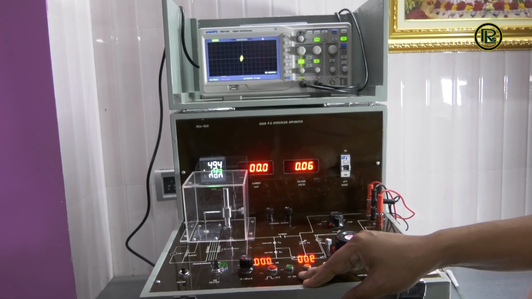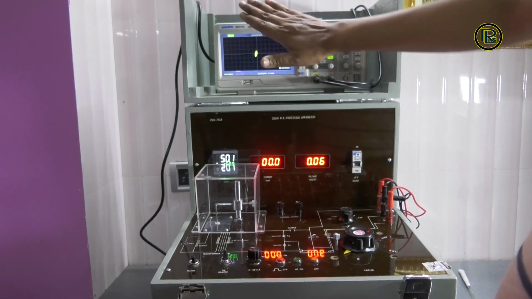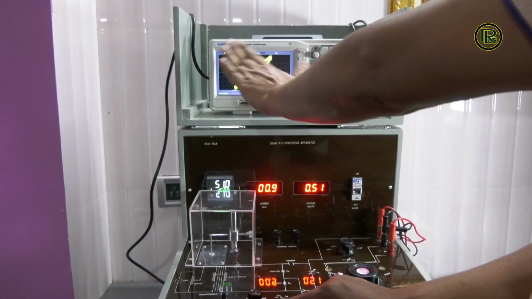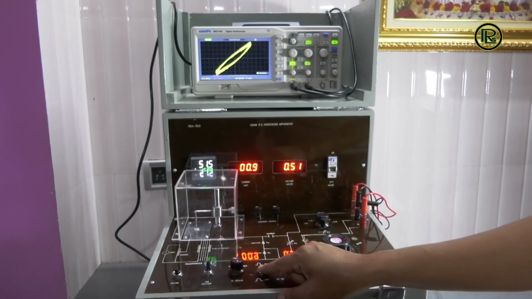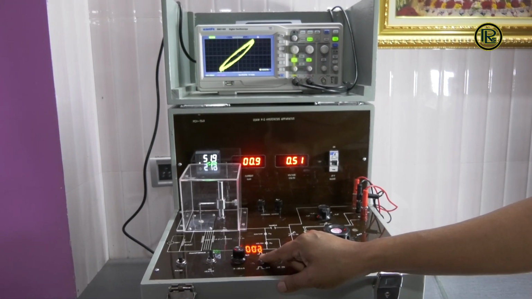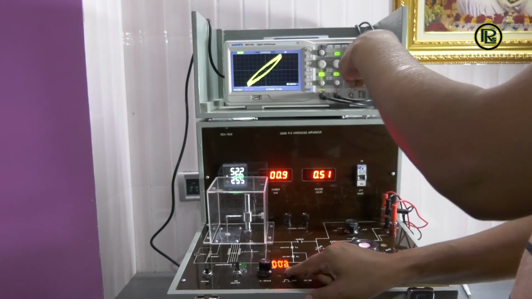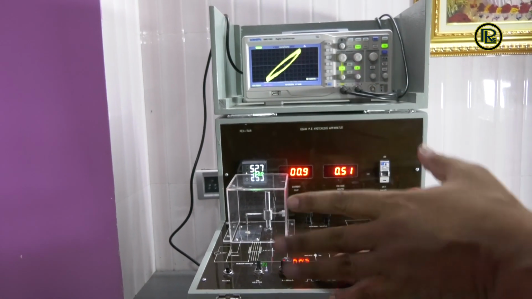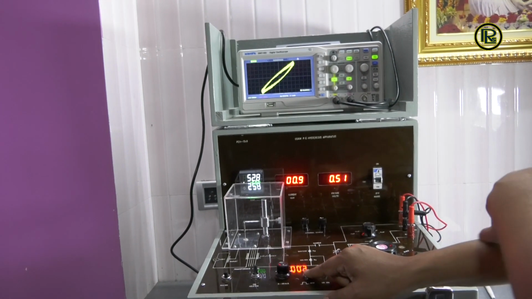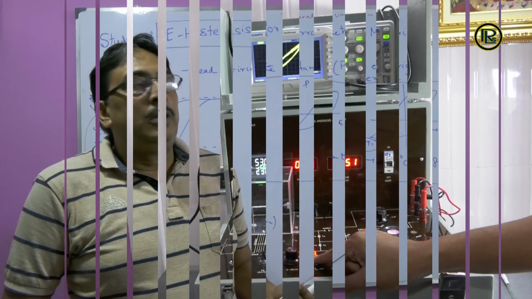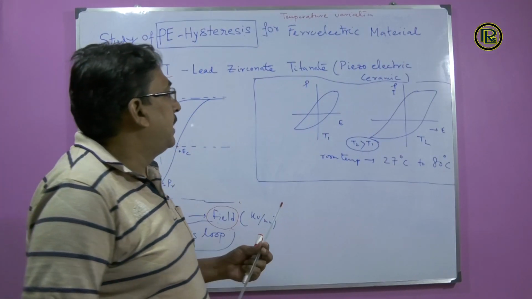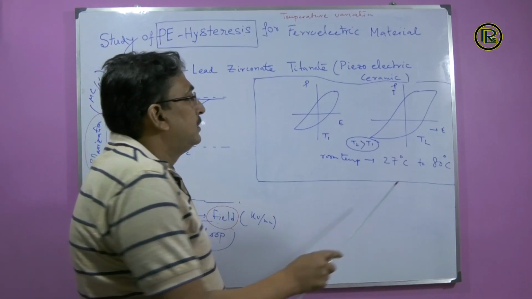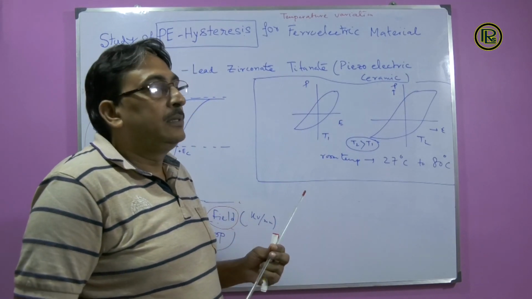And then we can do one more thing. We can transfer this hysteresis image and data, the entire CRO data, into a PC or a laptop, and there we can analyze the hysteresis curve to get the x-intercept, y-intercept, etc. for our calculation, and that can be obtained for different temperatures. We have studied the experiment for our sample starting from room temperature 27 degrees Celsius to 80 degrees Celsius, and